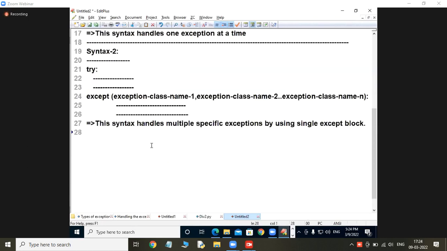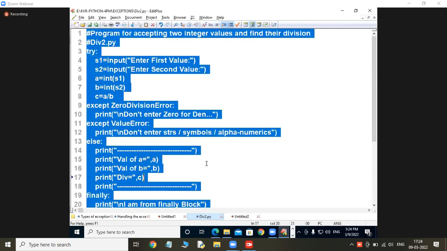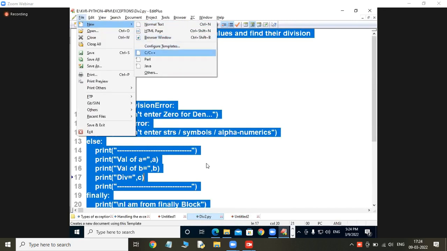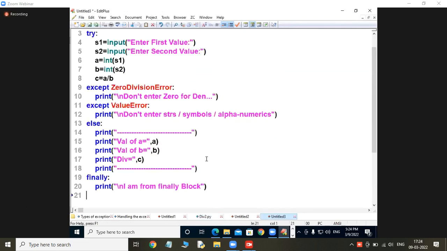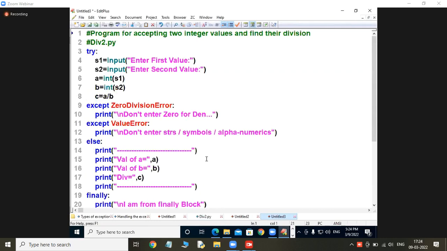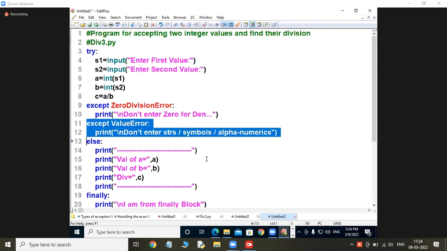Let me show you the example for this. Let me show you the first example, how simple it is. I am writing div3.py. Observe what I am doing. I wrote except ZeroDivisionError, except ValueError. How many except blocks? Two except blocks, but I don't want two.